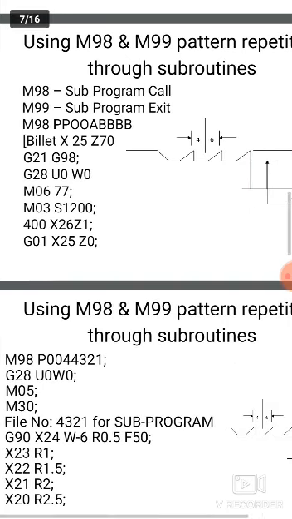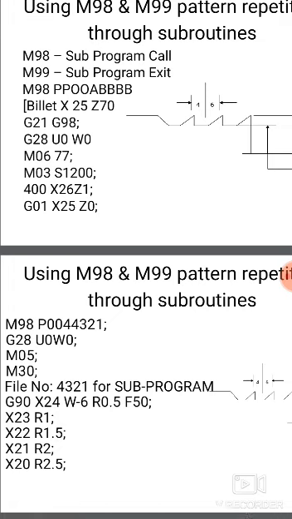So here you see M0, M98, P00, it is written here. So how can we change the subroutine numbers? Suppose, as one example, N100 G22: in the above, G22 is the statement defined as the start block of the subroutine. And G24 marks the end of the subroutine statement. So this N10, N20, N30, all these are subroutine programs.